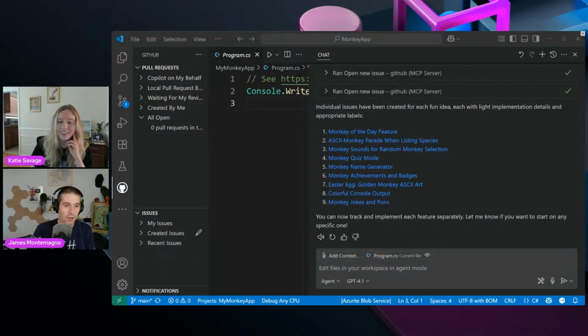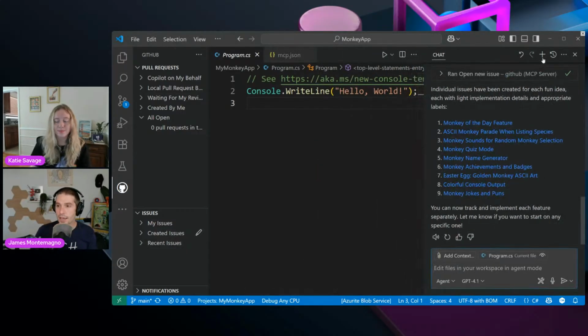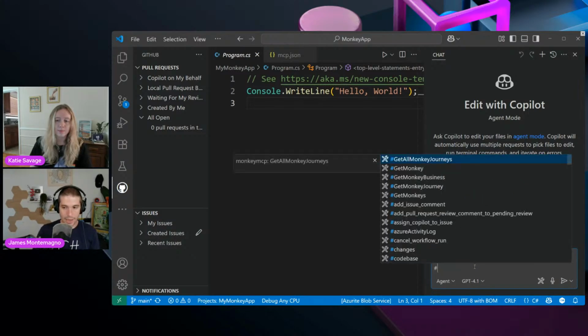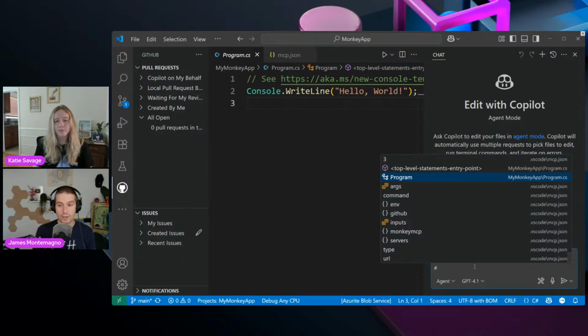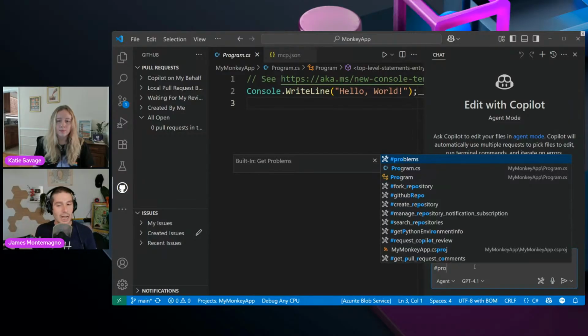So that's cool. Okay. So now what we're going to do is write some code. And by that I mean, I'm going to prompt some code. So let's go ahead. I'm going to create a new chat here and clear out the context, so we're in fresh context. The first thing I want to point out is that if I use pound, this will bring up all of the tools that are available to manually call. I can see get all monkeys, get monkey business, add issues, cancel changes, anything that's available to me. So I can call them manually if I want to, just like I would add a file. I could also do program, applying and adding context in.